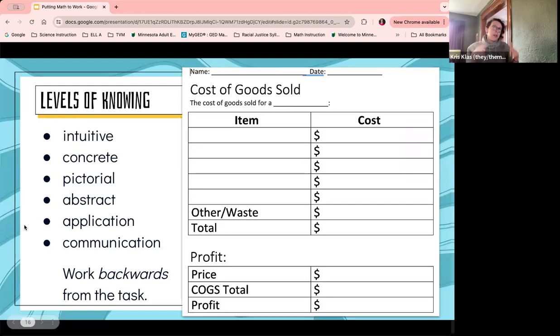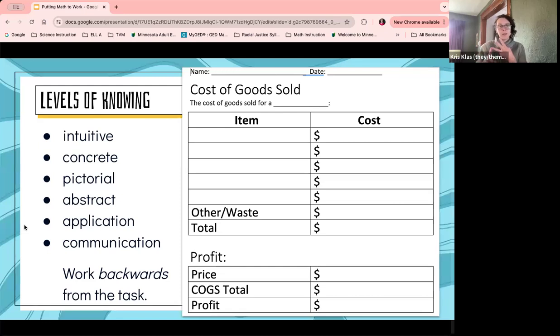And here's how we would set that up. This here is our final application piece. And this came from the small business curriculum that we had purchased for the class. But then I applied it to a bunch of the items specifically that we plan to buy for the coffee shop. So you can see under the cost of goods sold, a single cup of coffee includes a lid, a